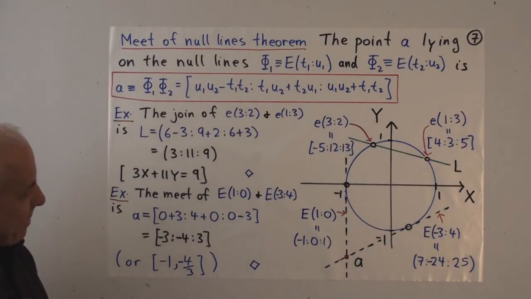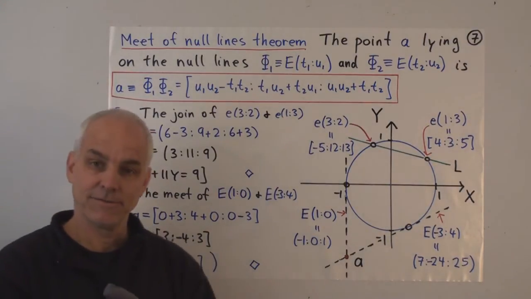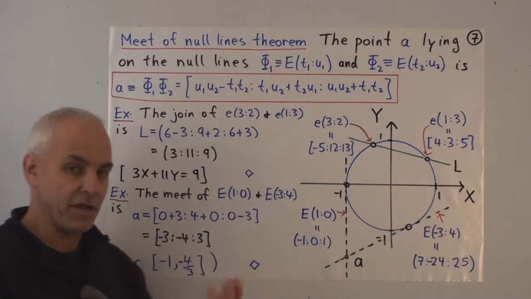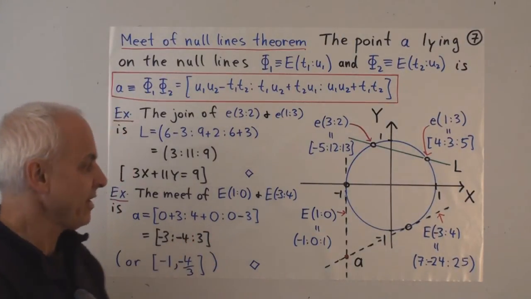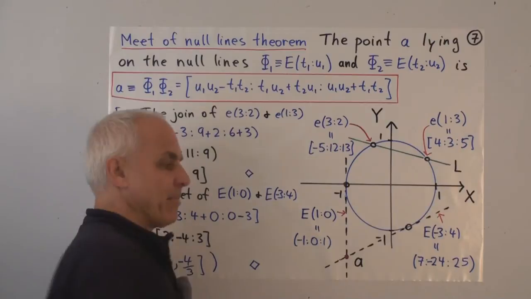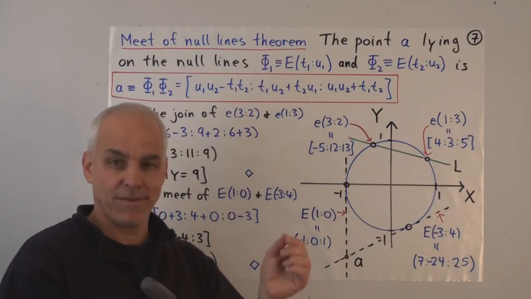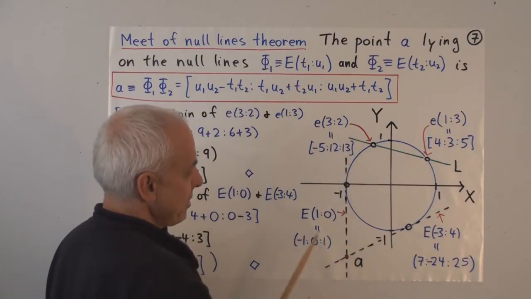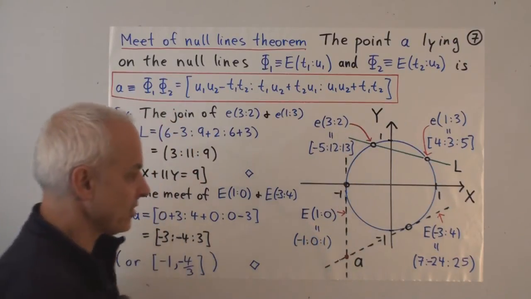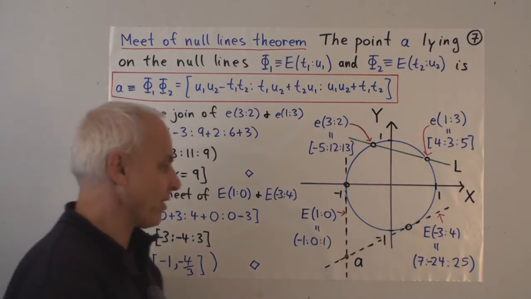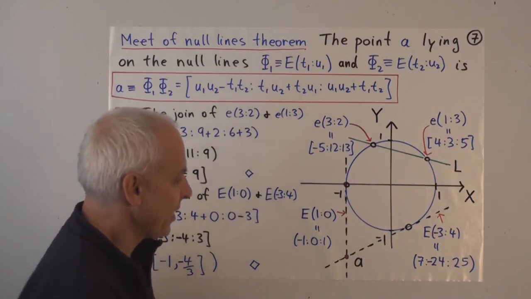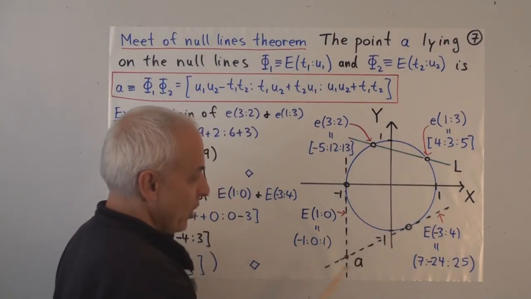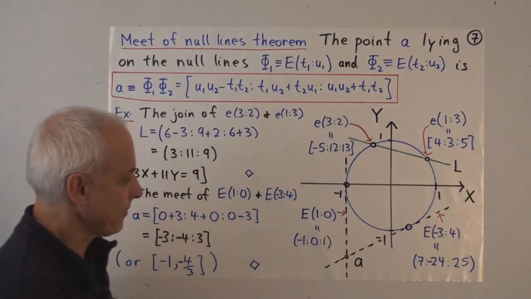And here's an example with null lines. We'll also denote null lines a little bit differently. Most of the time, let's try to denote null lines with dashes. So there's one null line, the dual of our special point. It used to be special, no longer special, minus 1, 0. And the dual of this point here.